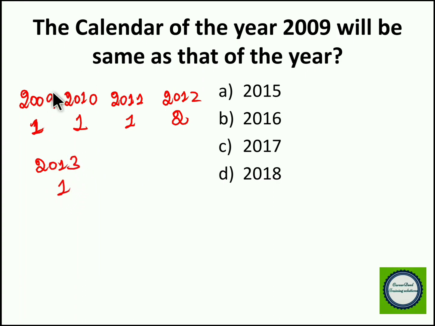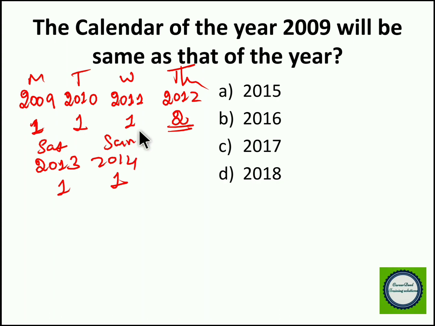Now, if in 2009, January 1 is Monday, in 2010 it will be Tuesday. In 2011 it will be Wednesday. In 2012 it will be Thursday. In 2013, since in 2012 you have 2 odd days, it will be Friday and Saturday. In 2014 you have only 1 odd day, that is Sunday, right? So in 2015 again you will get a Monday, right? So you can use the same calendar of 2009 in 2015, because here you have to compensate the odd